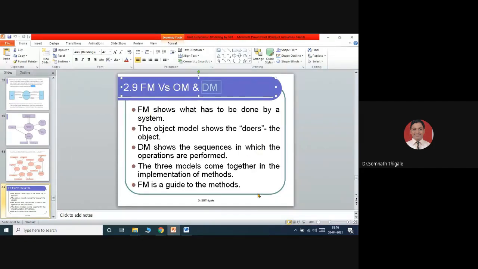So what we are going to do, we are going to discuss the relationship among this. So in short, just for simplicity, I am saying class diagram. Then we have discussed state diagram. And then we have discussed data flow diagram. So we are going to focus on these three parts just for the simplicity, we can say. And we need to decide the relationship, or we need to decide advantages, disadvantages, each one of them. So let's focus on this part.